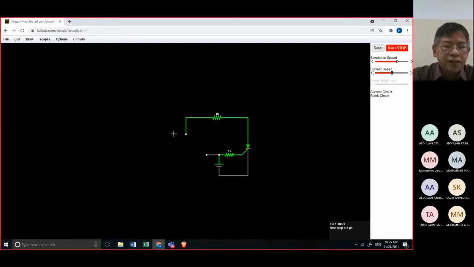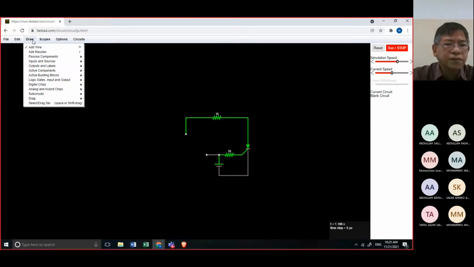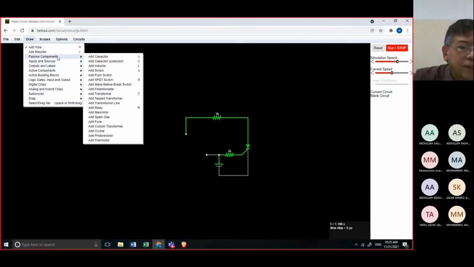Then also we need a potentiometer. What is a potentiometer? It is a passive component. Here we need the potentiometer. Did you see this potentiometer? It is in the form of a passive component.